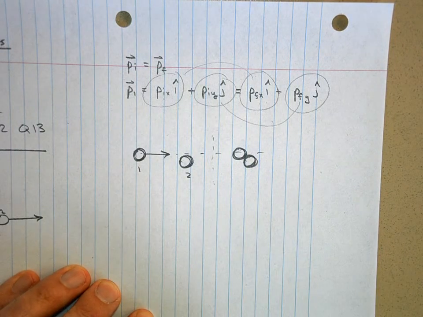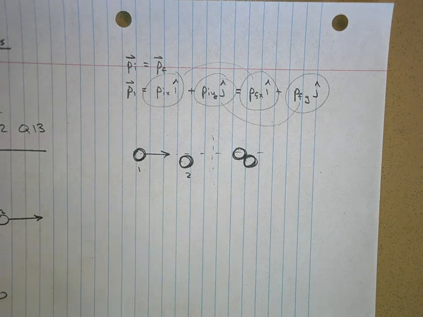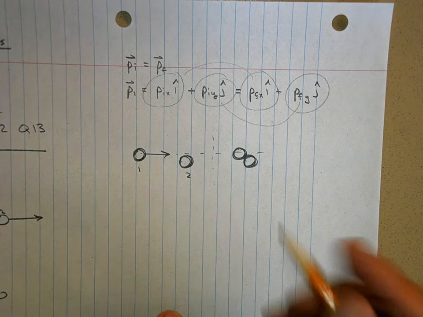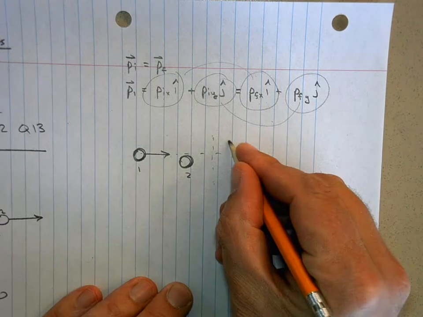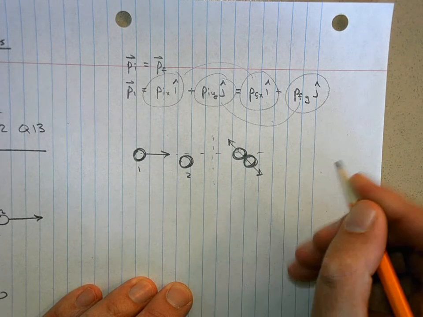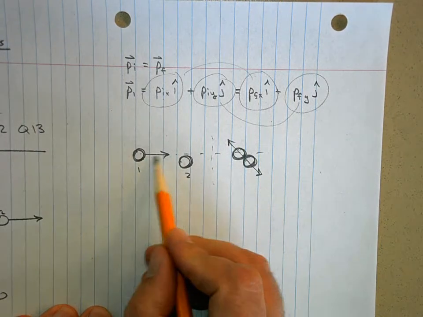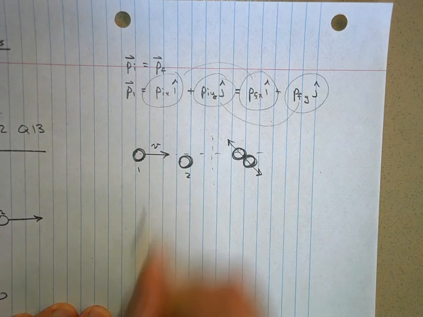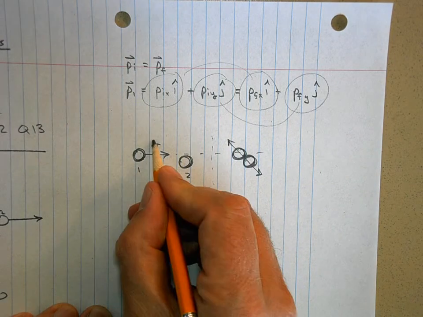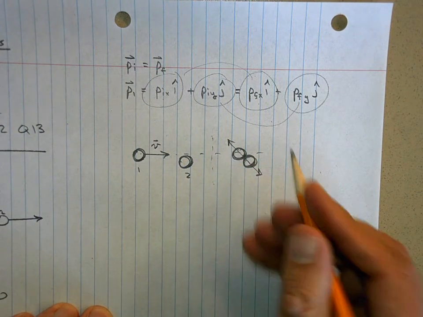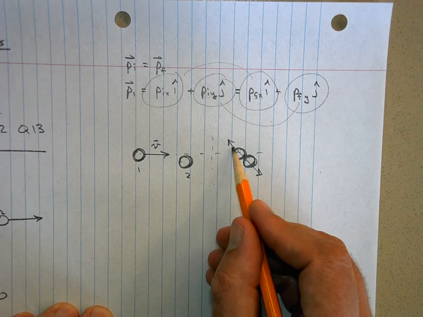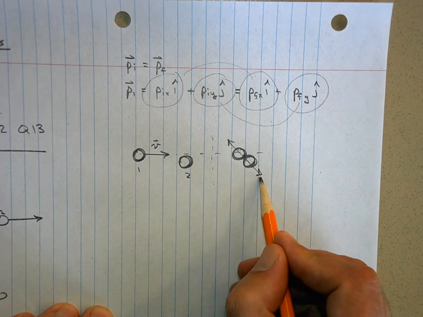And you can see now that the interaction forces between them are not aligned with the direction of motion of object 1, but in fact are like this. Now, don't confuse. This is not a force vector. This is a velocity vector here. But these are forces. This is a force of 2 on 1, and this is the force of 1 on 2, and they're equal